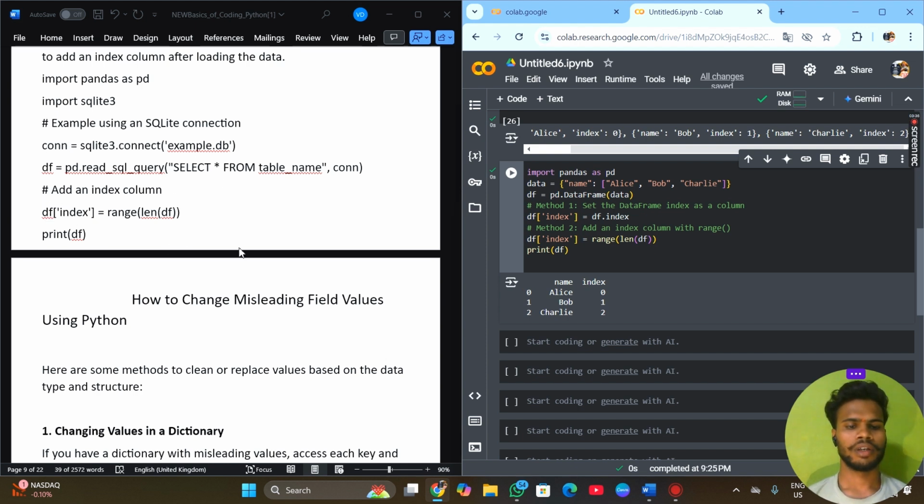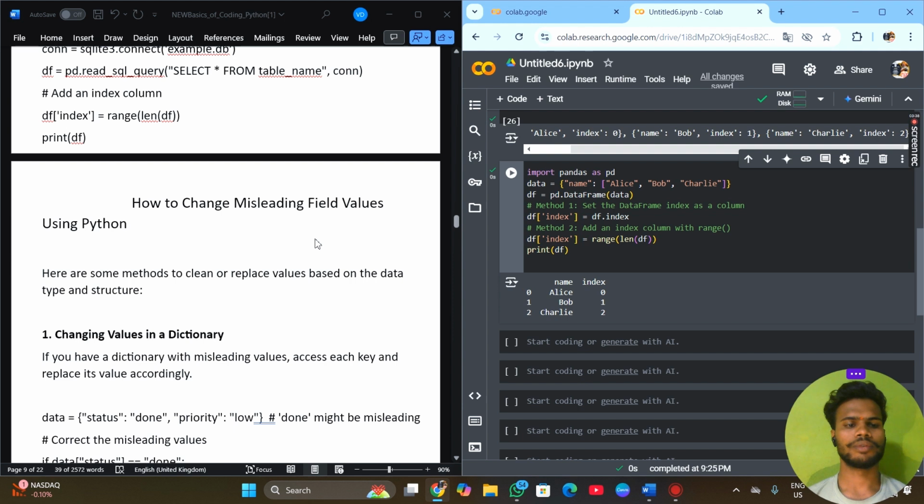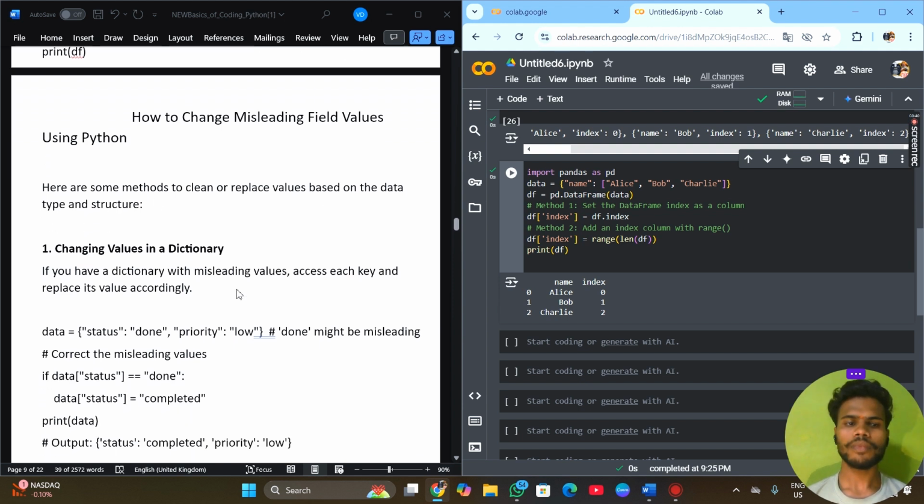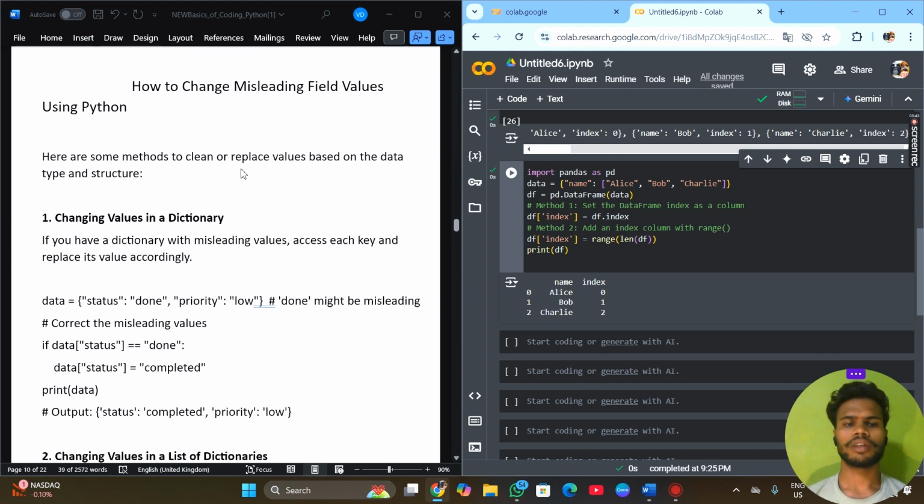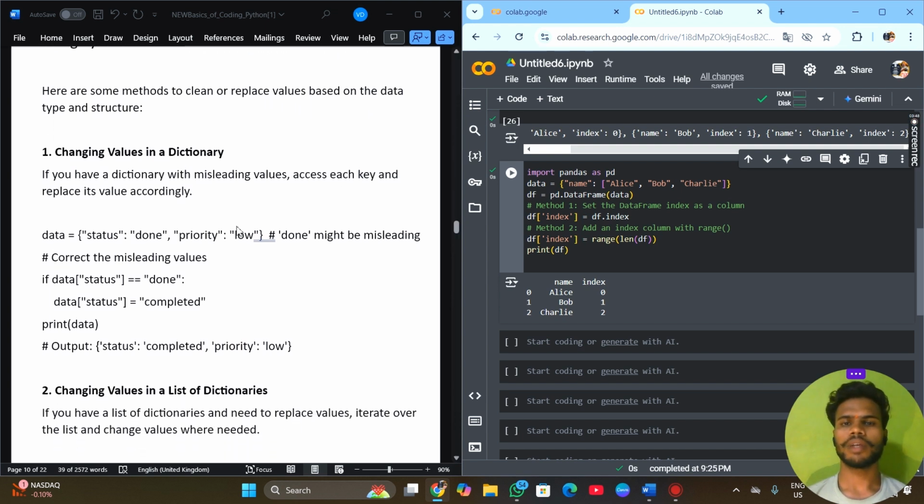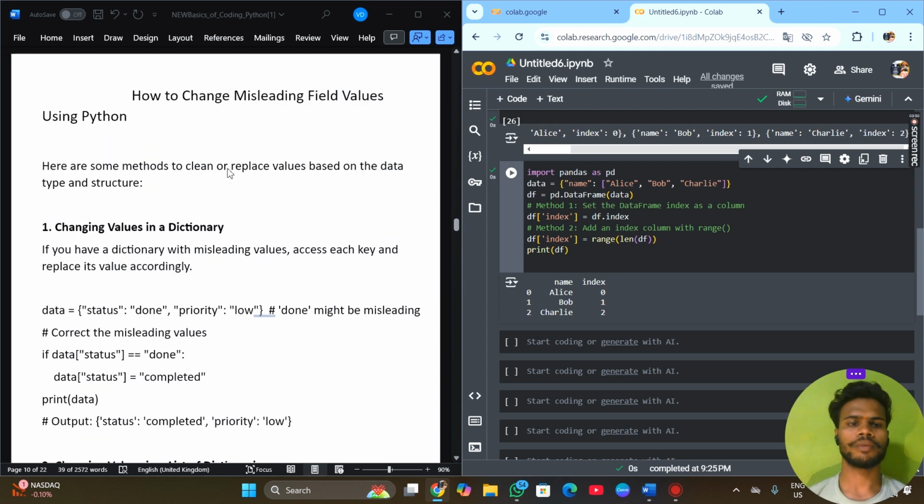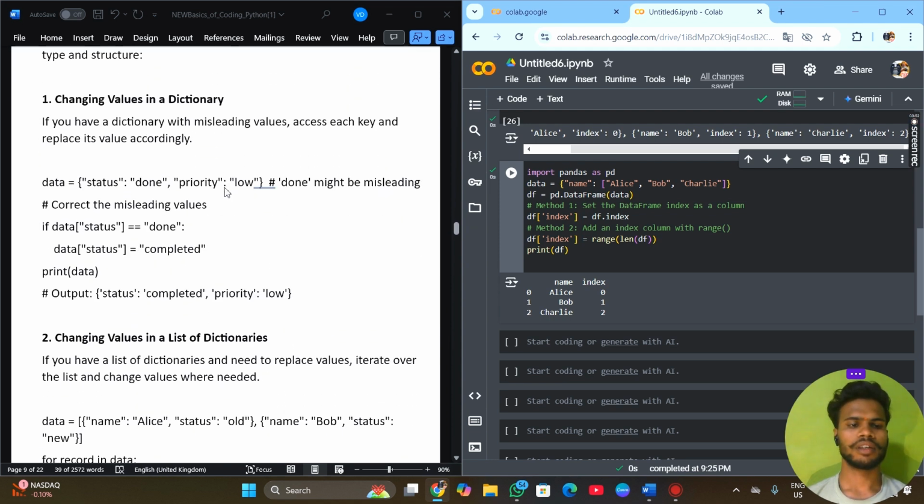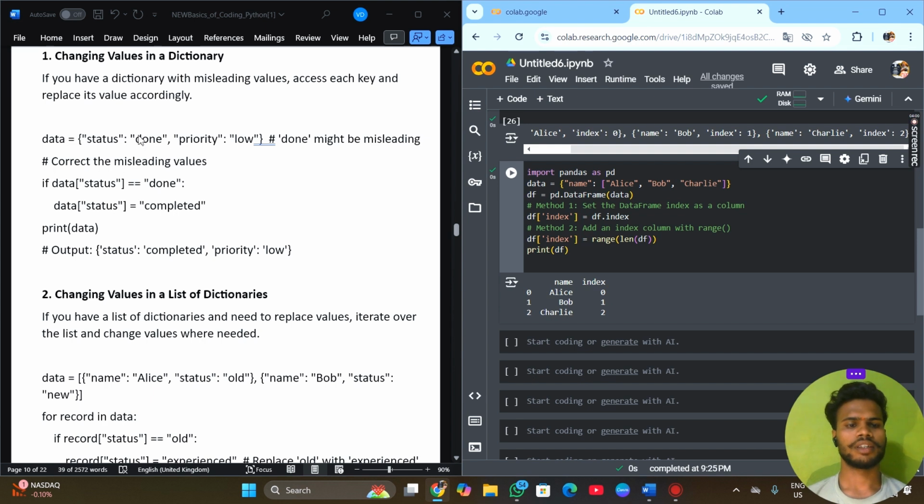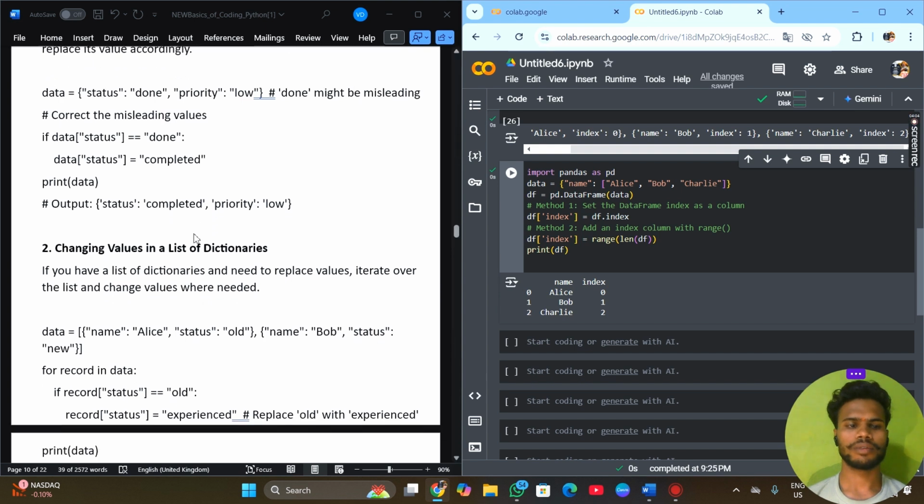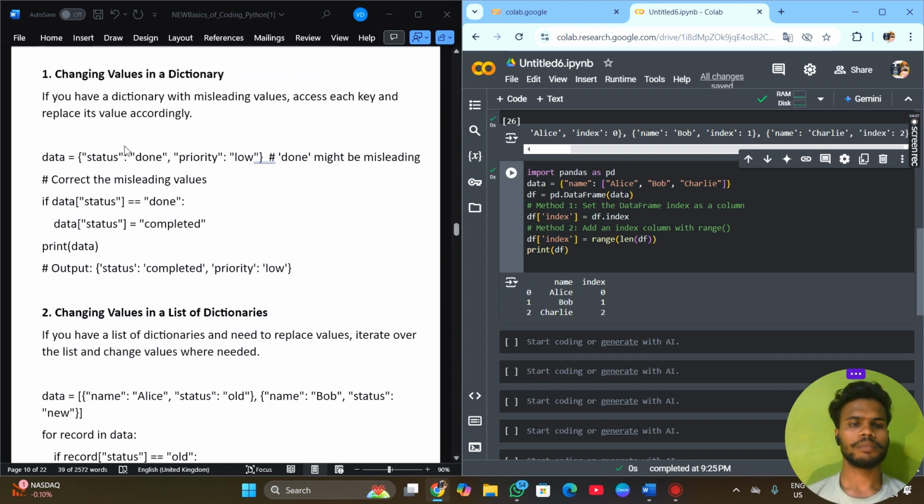Next, how to change misleading field values using Python. Here are some methods to clean or replace values based on the data type and structures. Changing a value in a dictionary is the first topic of changing misleading values. If you have a dictionary with misleading values, access each key and replace its value accordingly. Data status done, priority low. Done might be misleading. Correct the misleading values. The example of changing values in a dictionary are